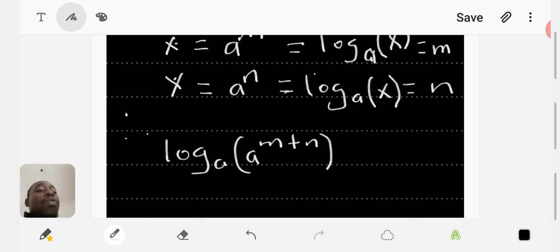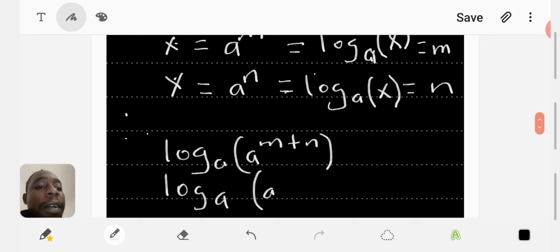Therefore, if we substitute our logarithm expressions there, we are going to get log to the base of a, then a to the power of the value of m. You see there, m is log to the base of a of x,